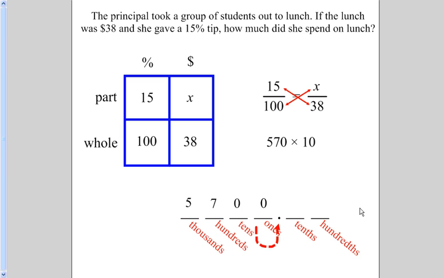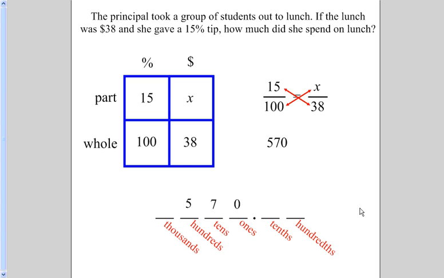Because our place value system, our number system, is based upon powers of 10, to go from the ones place to the tens place, we multiply by 10. And from the tens place to the hundreds place, we multiply by 10 as well. From the hundreds to the thousands is also multiplication by 10. And likewise, if we want to divide,